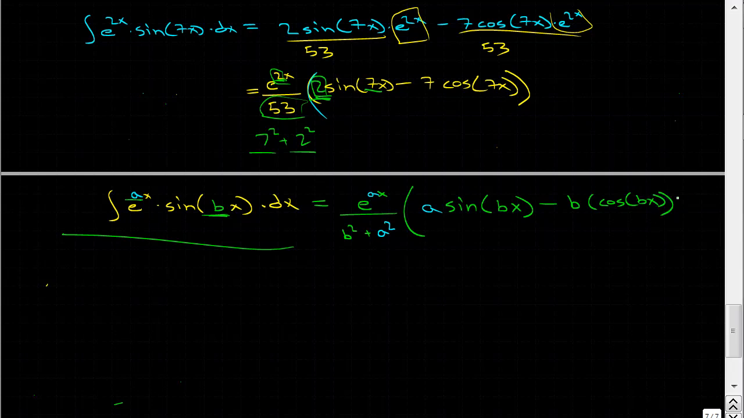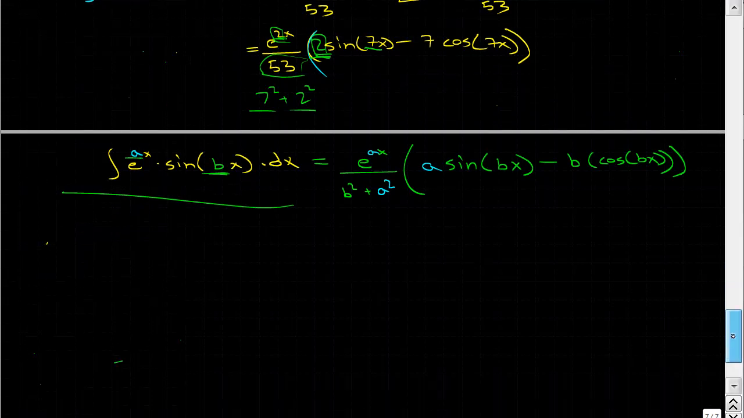So this is the general formula. If you're ever given e to the ax times sine bx times dx, then that is equal to e to the ax over b squared plus a squared times a sine bx minus b cos bx. And this also works for cos. Now, I haven't proven this. I'm just defining it. But for cos, if we have the integral e to the ax times cos bx dx, then I'm defining this to be